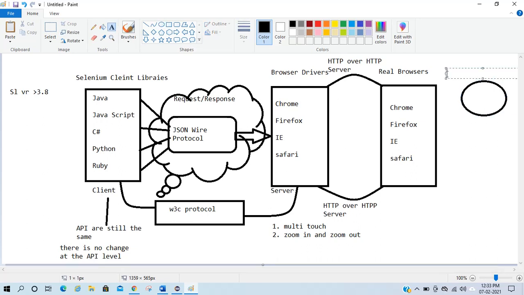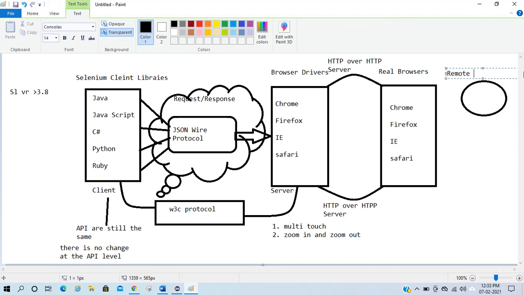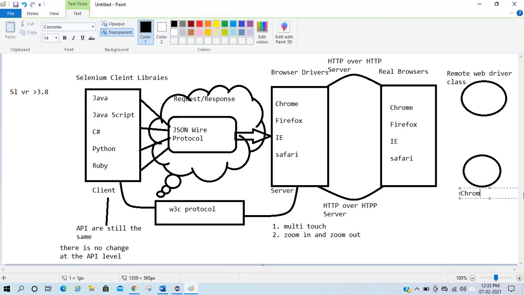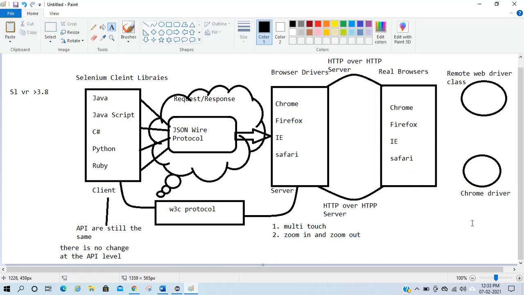Let's say we have a remote web driver class and a Chrome driver class. In Selenium 3, the Chrome driver directly extends the remote web driver class. This is specifically only for Chrome, not for other browsers.